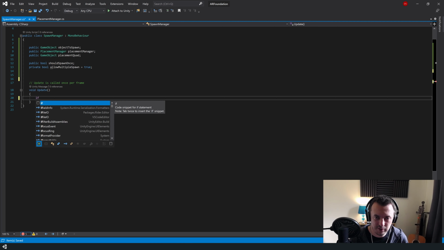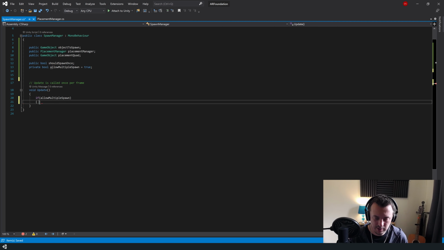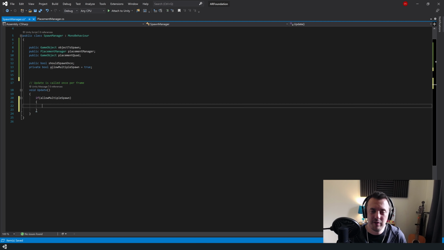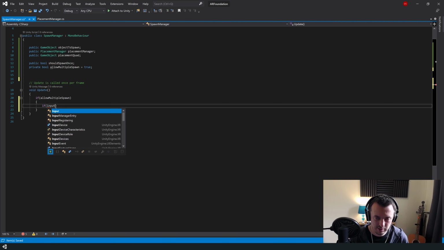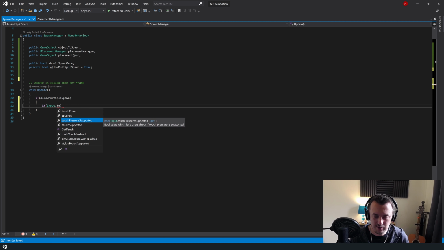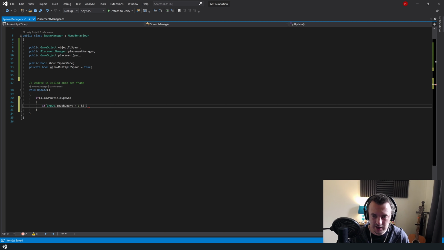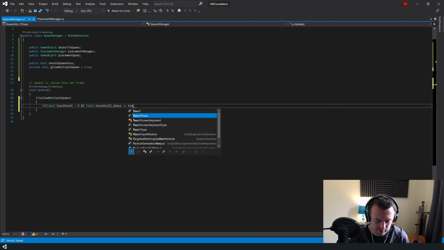So if allow multiple spawn is true, then we can do the next following things. We can say if, and we need to detect whether a touch has happened on the screen. And to do that, we can use input dot touch count is greater than 0, and input dot touches, and then 0 dot phase, and then equals